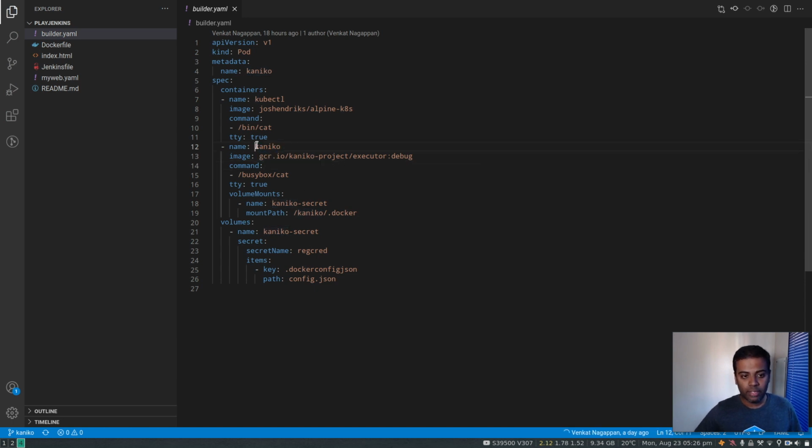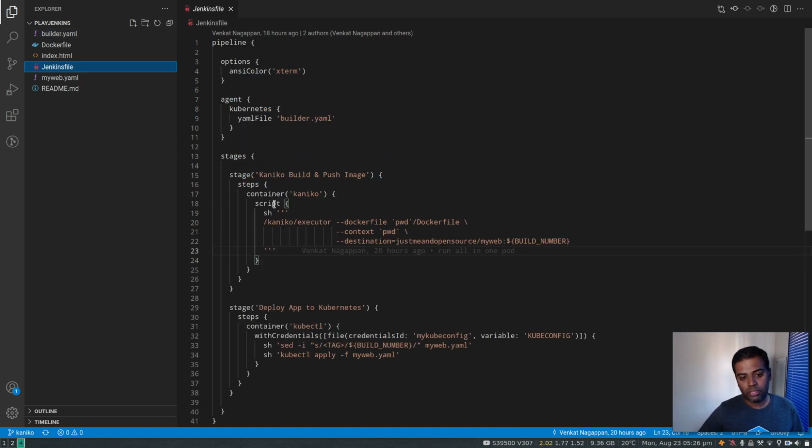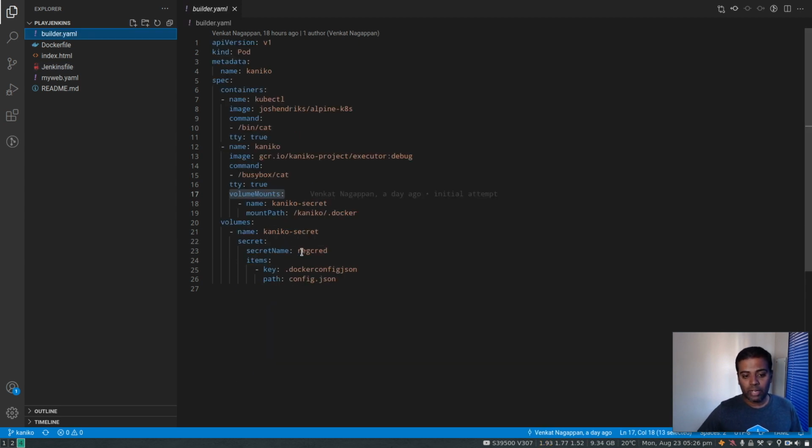So for Kaniko, I need to pass in an extra volume mount, which I need to create again. The work that Kaniko has to do is, once it builds the container image based on the specification in the Dockerfile, it needs to push to an image registry. It can be Docker Hub, it can be AWS ECR, or it can be Azure, it can be Google Container Registry. But anyways, in order to push the built image to the registry, it needs credentials. So that's where we're mounting this volume. So we need to create a Docker